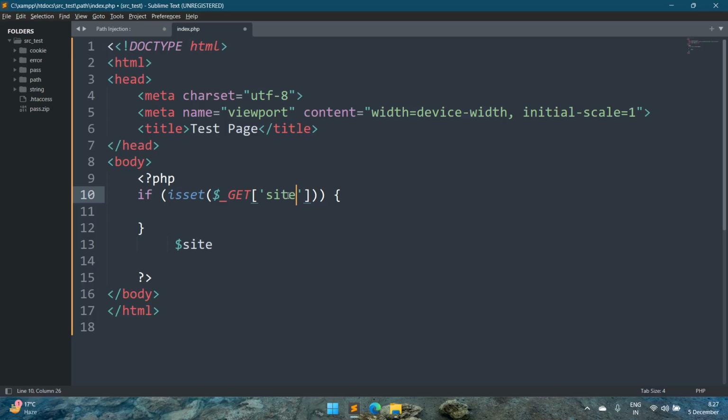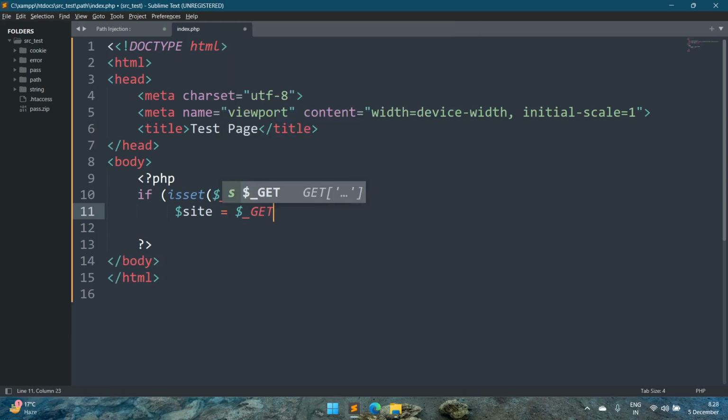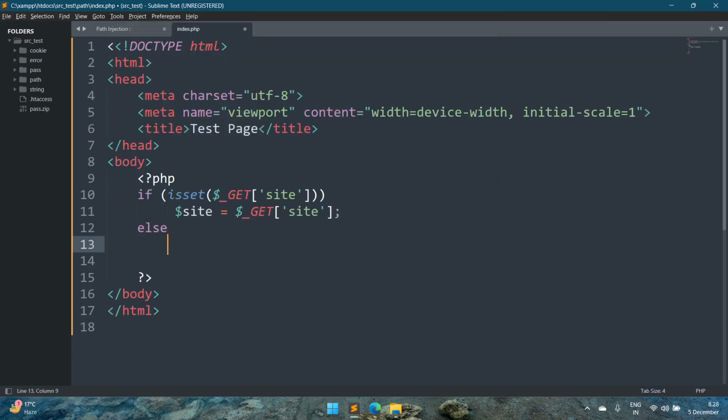And now here, $site equals $_GET, otherwise in the else statement we can write,